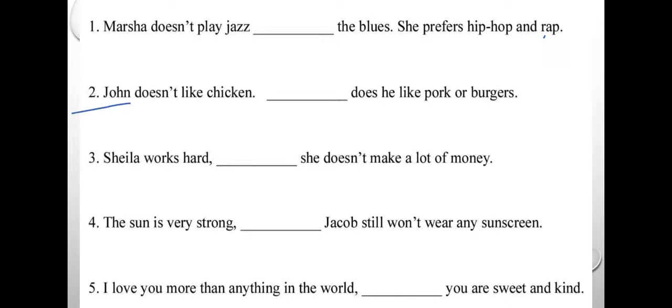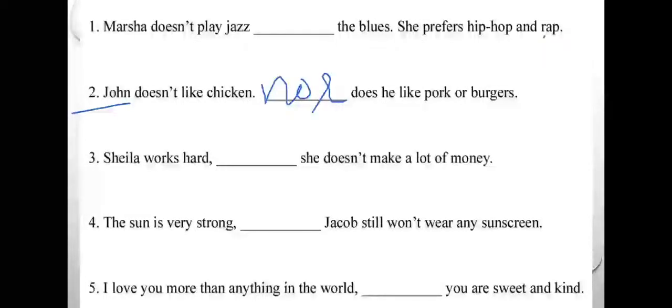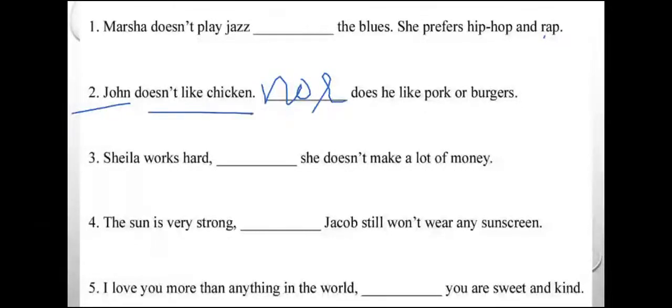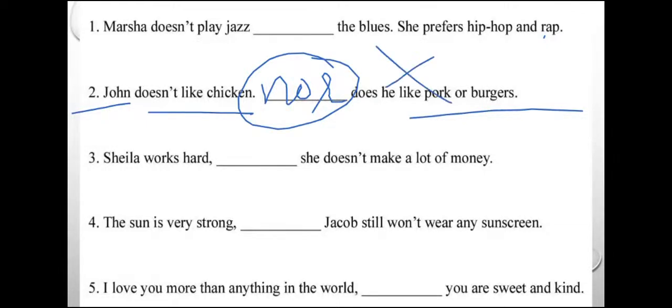John doesn't like chicken, nor does he like pork burgers. Not chicken, not pork burgers. Nor means nothing. Sheila works hard,